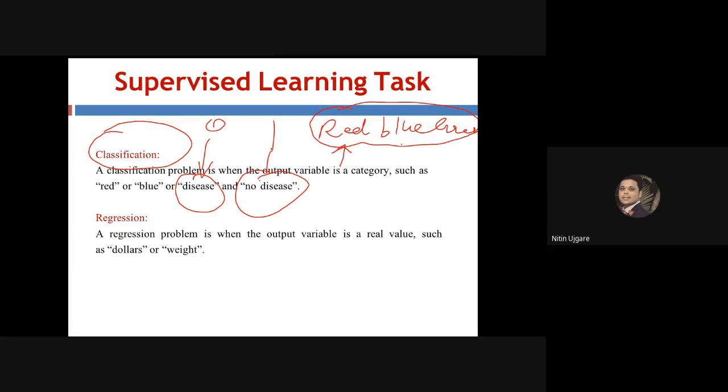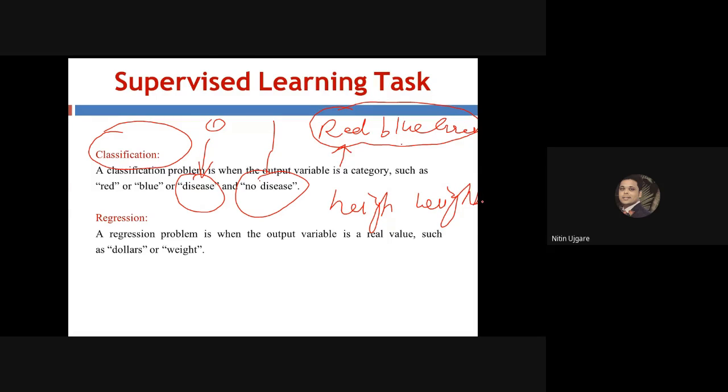Then the regression problem. A regression problem is when the output variable has real values such as dollars, weight, and so on. For example, given the height of a person, we are supposed to predict the weight of the person.